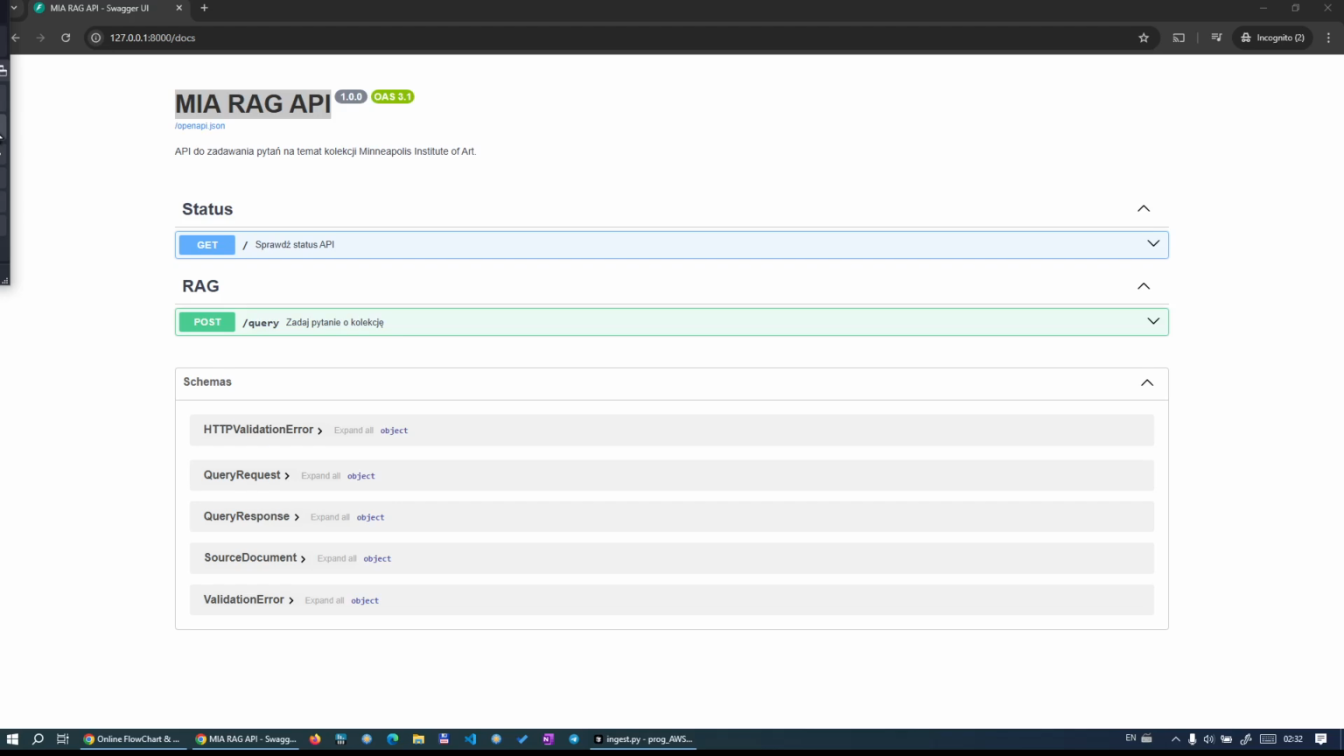Third, we provide a REST API built with FastAPI, offering a clean, developer-friendly interface with full Swagger documentation and input validation. We use the Minneapolis Institute of Art's collection dataset, which includes rich metadata such as titles, descriptions, artist information, and cultural context. Our data ingestion script loads the JSON files, processes the